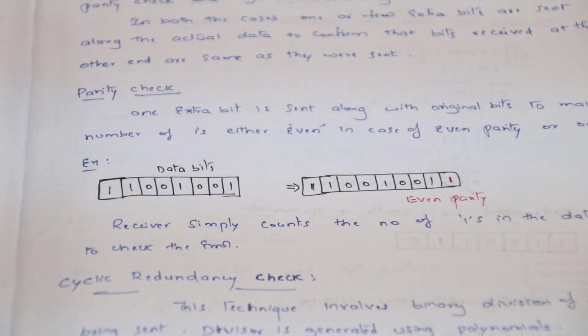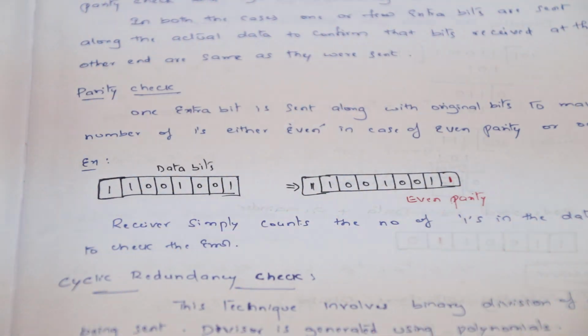Welcome back, guys. Today we'll be discussing different error detection techniques. There are a total of four detection techniques for us. One is parity check, second one is cyclic redundancy check, third one is two-dimensional parity check, and fourth one is checksum. Using these four, we can identify different types of errors that will occur.